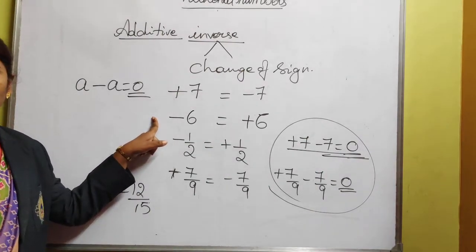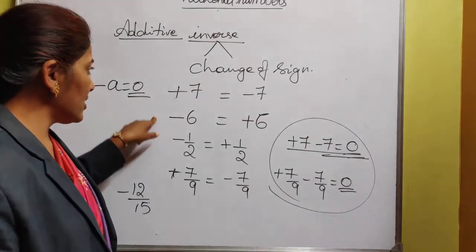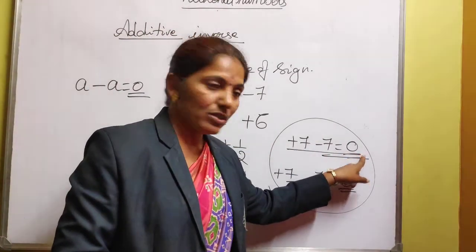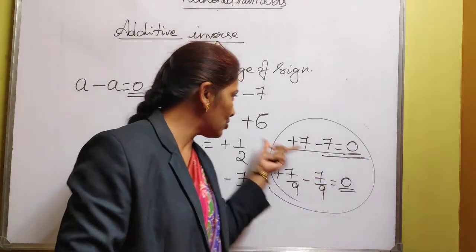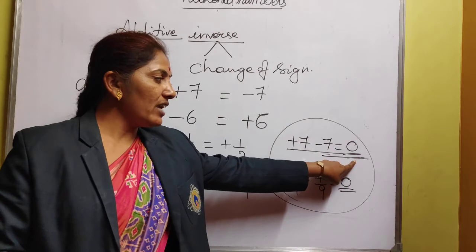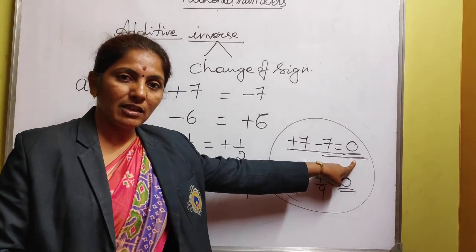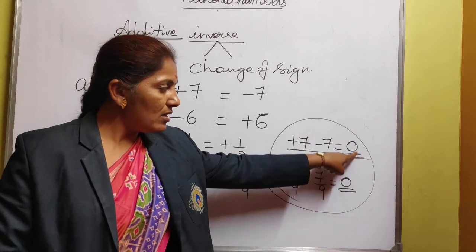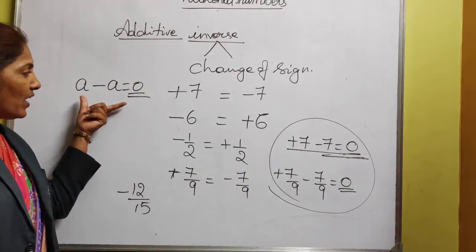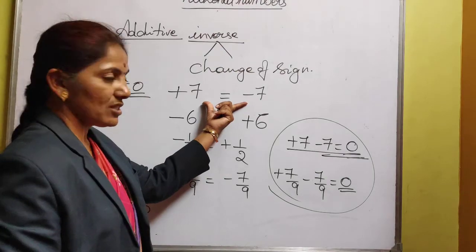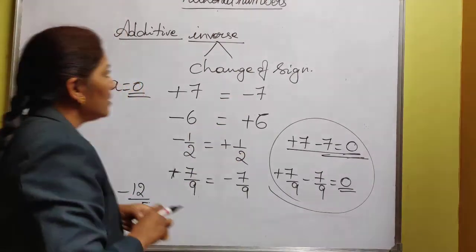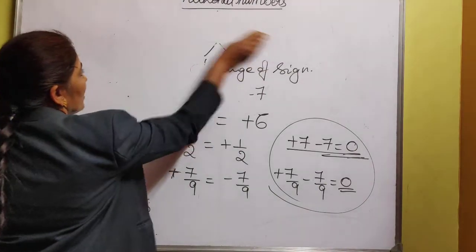So what is the identity element of addition? Again we get 0 here. You observe here, when I added these two integers having positive and negative signs, we got the identity element. What was that identity element last time? Last time I told you, 0. So we get 0 as the identity element when we find the sum of two integers with different signs but the same number. So this is all about the additive inverse.